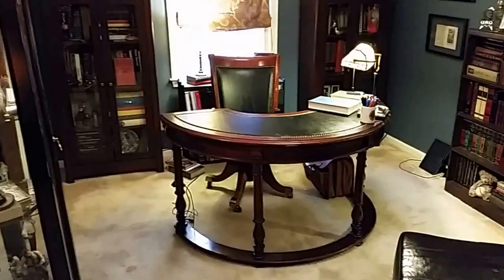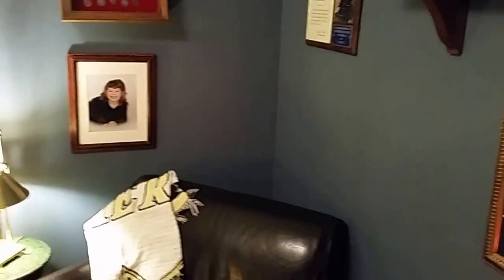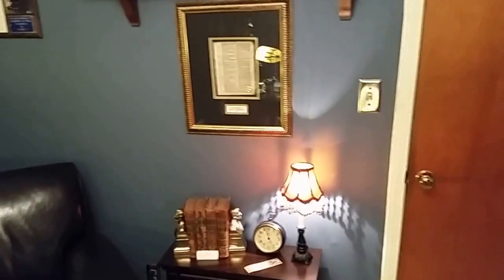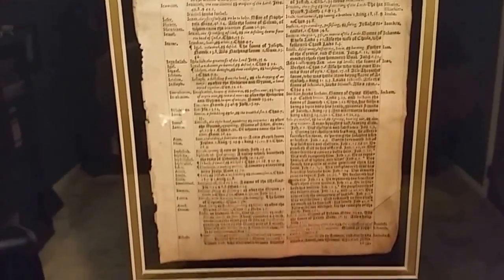So we'll go ahead and start the tour. This is about my third take because I keep making them too long, and I'll try and make this one a little shorter. But my first stop, as you walk in, this wall I've got a little electric fireplace to make it more like a study and some items. But the first item that I want to show you is this leaf